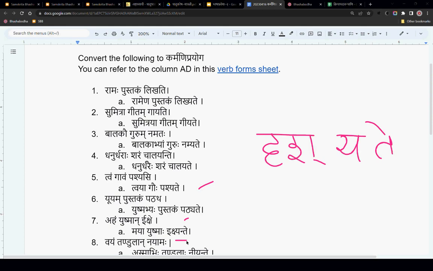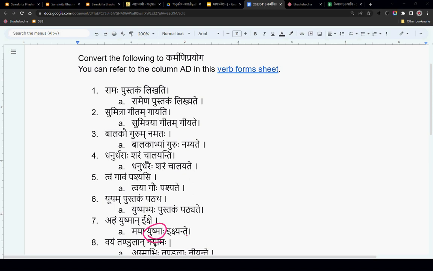Ikshya, the form is fine, but the final thing needs to be changed, right? Iksha is like seeing. Again, to that ksha we are adding ya. Ikshyate. At that te, because of the purusha vachana, we'll have to check.